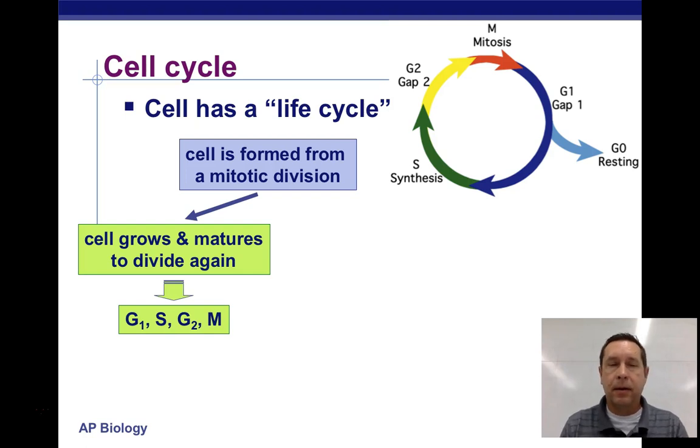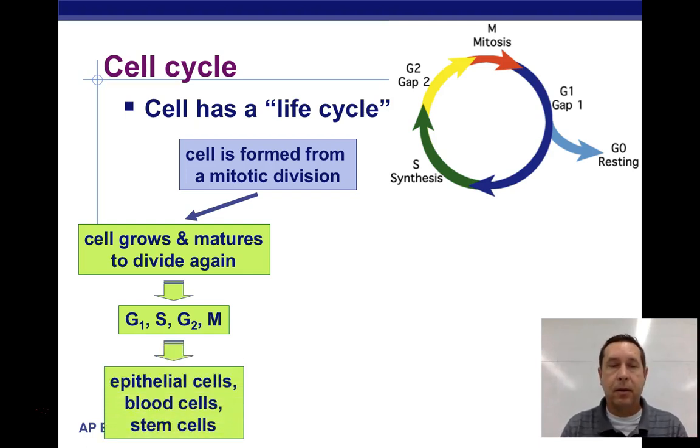So G1, S, G2, those are all part of interphase. That's when the cell is doing what the cell does. And then there's mitosis, when the nucleus divides, and then there's cytokinesis also. So all the cells in our body come from somewhere else. So epithelial cells, blood cells, stem cells, most of the cells in our body are going to follow this particular